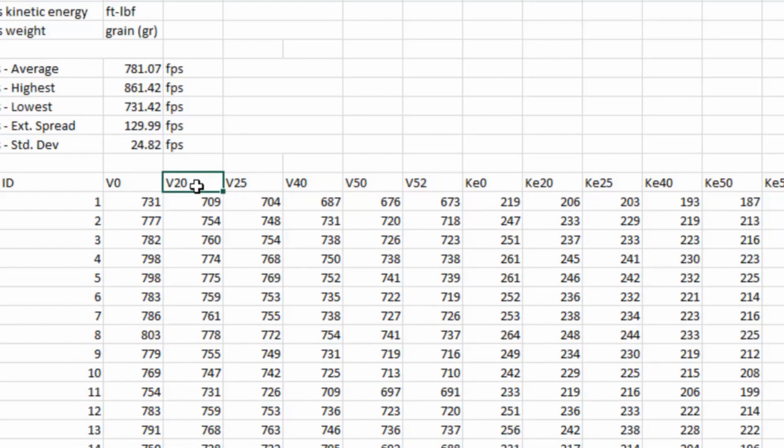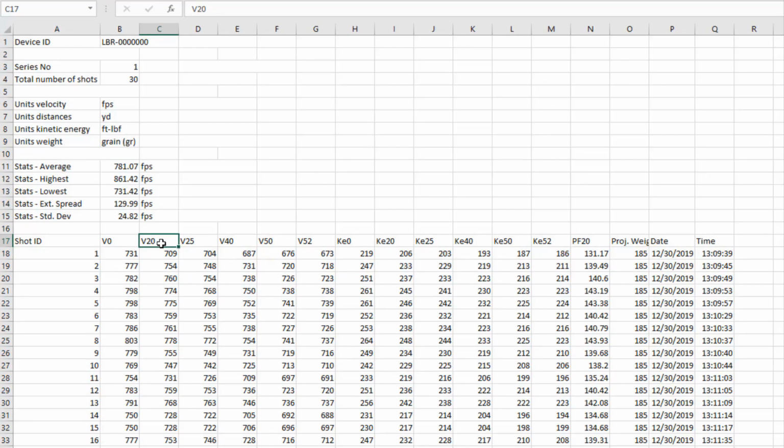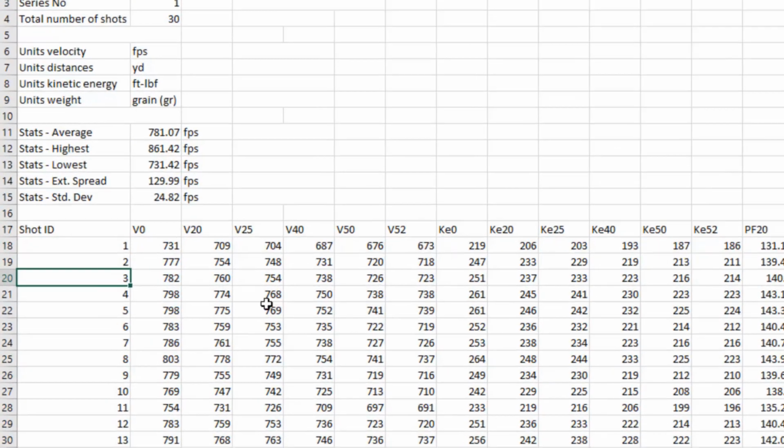The 20 represents my DX1 was 20 yards. My DX2 is 25 yards. DX3 is 40 yards, 50 yards, 52 yards. And all these numbers are in feet per second. These are the shot number. This is my first shot, my second shot, my third shot, and so on.